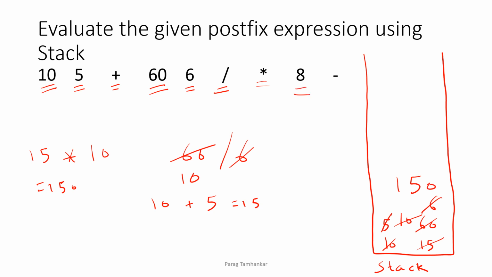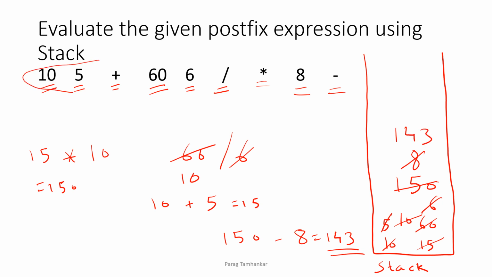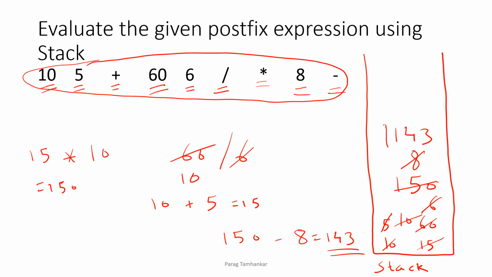Then I see another operand, so I'll push it onto the stack. Then I see an operator. So what am I going to do? I'm going to pop two operands. So 8 and then 150, and then I'm going to perform the subtraction, which happens to be 143. That part will be pushed onto the stack. So when I evaluate this whole postfix expression, the final result happens to be